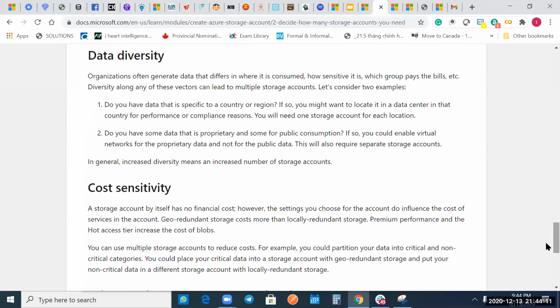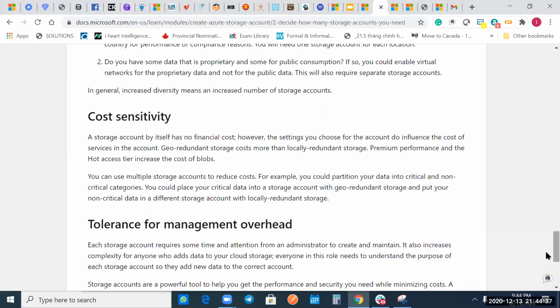Actually, a big chunk of the cost comes from usage, because storing data in the cloud is not really expensive. What is expensive is when you consume it, when you query your data. The main expense could be the usage of the data. So you want to be strategic about the diversity, the location of the data. So, cost sensitivity, again,